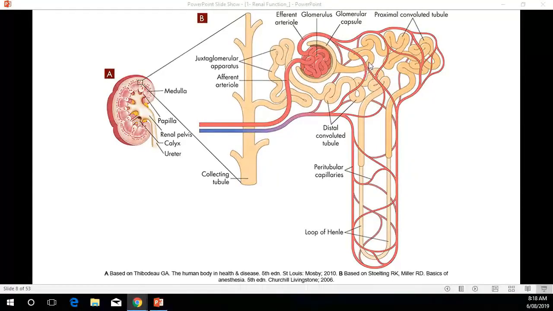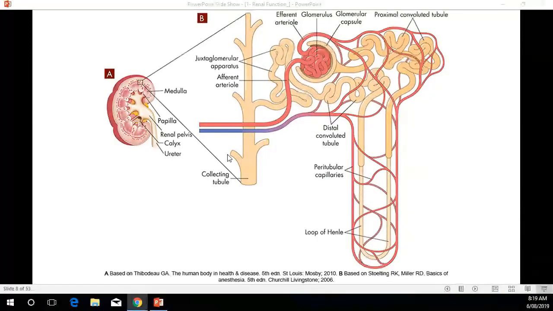Now, one more thing. The first part of tubule, what was the name of the first part? Proximal tubule, right? Proximal convoluted tubule. Then after this, what do we have? This loop of Henle, right? After loop of Henle, what do we have? Distal convoluted tubule. And then it becomes collecting duct, and then it opens into collecting tubules. And many nephrons will open into collecting tubule, which will then join together, ultimately forming the ureter.